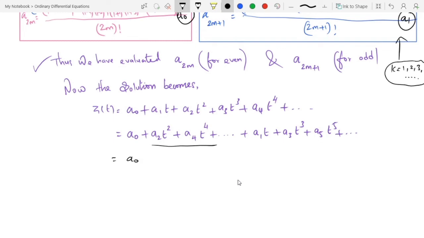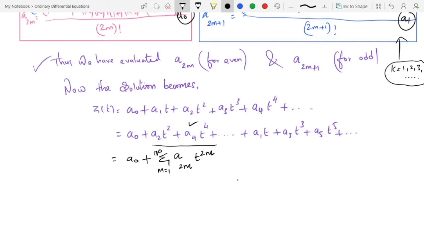So here we have to group the terms from the second. Write A0 as it is, that is the constant term without t, plus group the terms from here itself. Summation A suffix even numbers, t power the same even number. So we write it commonly as A suffix 2m, t power 2m, whereas m varies from 1 to infinity. Start from m equal to 1, you get A suffix 2 into 1, A2 t square. If m is equal to 2, A suffix 2 into 2, A4 t power 4. Next A6 t power 6 and so on up to infinite terms for A suffix even numbers.